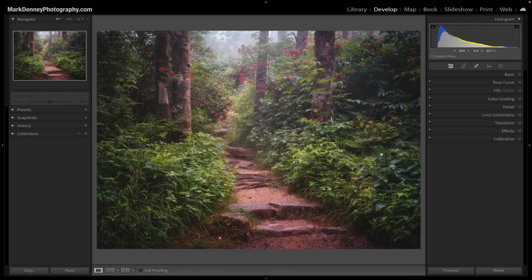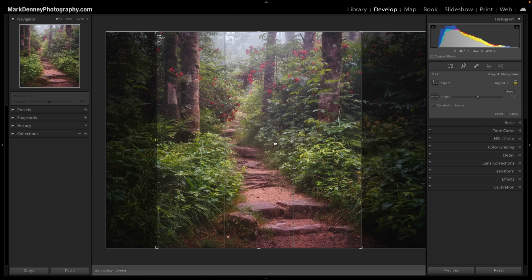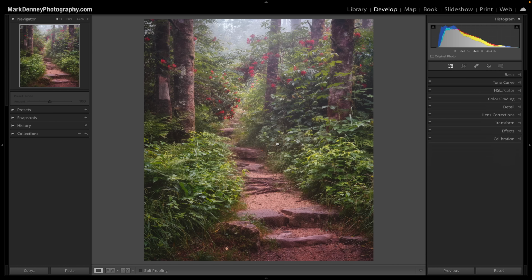Well, let's try. Shortcut key R, X, put it in portrait, and just kind of slide it over to about right there. And honestly, I think that this looks pretty good. I think that this works. It is a much more intimate version of this pathway right through here. You're not really cutting off anything super, super important, but I think that this version looks good, but I also